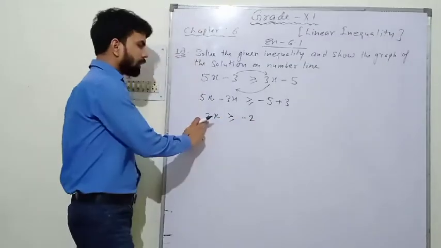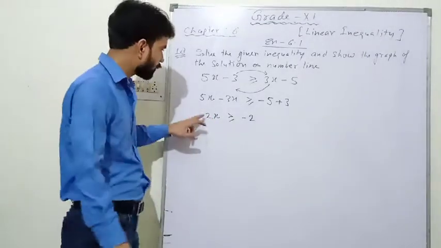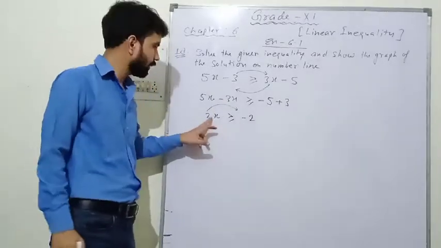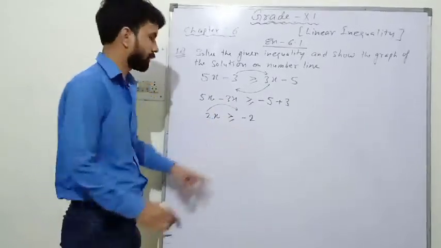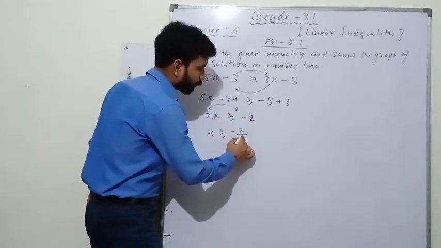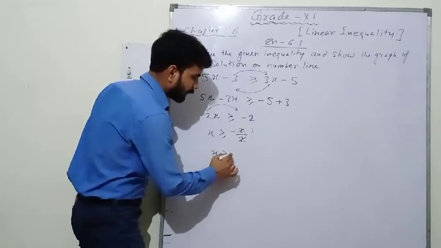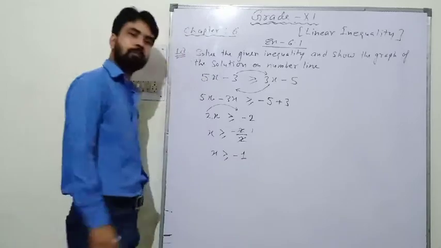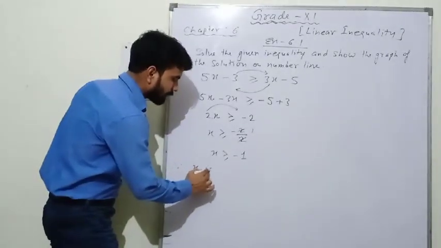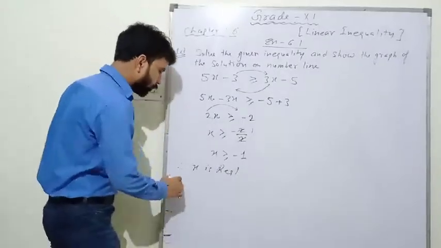Clear? Now this 2x, here 2 and x, there is multiplication in between them. So whenever we shift this 2 to the right hand side, since there is a multiplication sign, 2 will move to the denominator. So x is greater than equals to minus 2 upon 2. So cancellation is here, 2 ones are 2. So x is greater than equals to minus 1. Clear? Now since x is real, if x is real, then solution